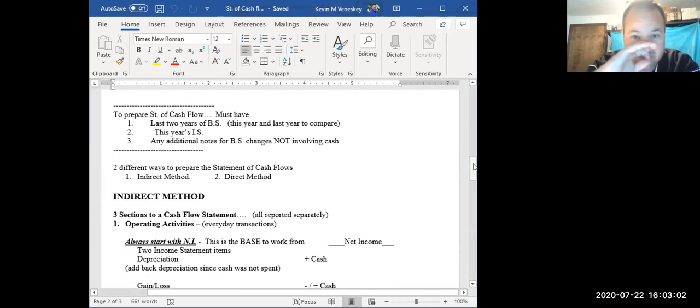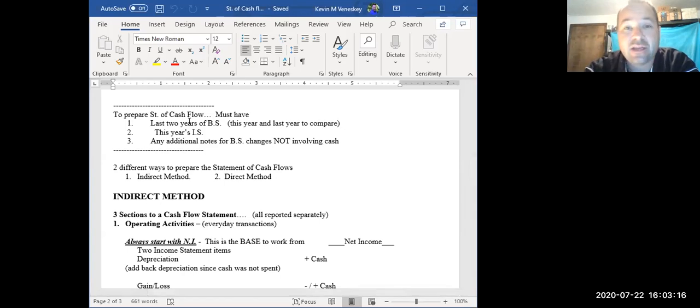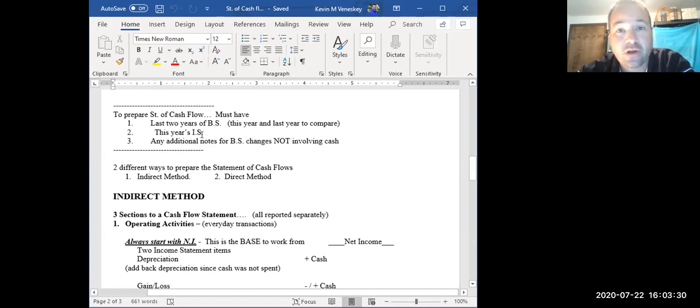Okay, so now we get into starting to prepare the statement of cash flows. There are three things you really need. You need a comparative balance sheet, meaning you have the end of last year's numbers and the end of this year's numbers. You have to have that because you've got to know how your balance sheet accounts are going up or down. You've got to know the difference. And then you have to have this year's income statement, because you've got to know what your revenues and expenses are and your net income. And then finally, any